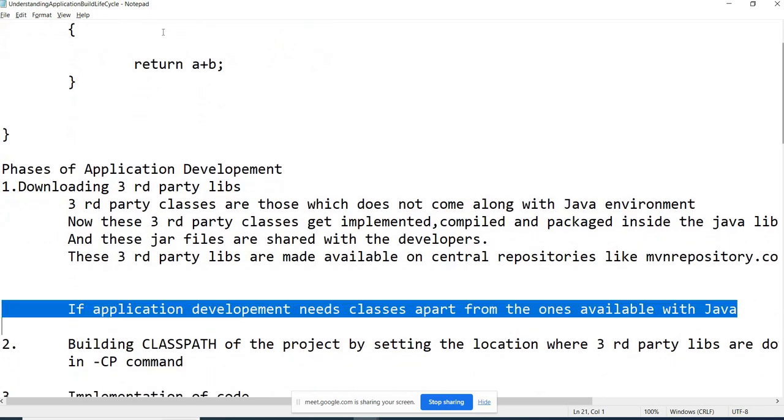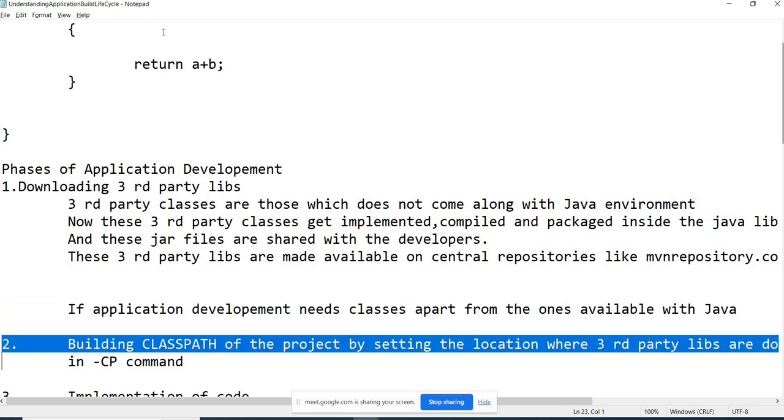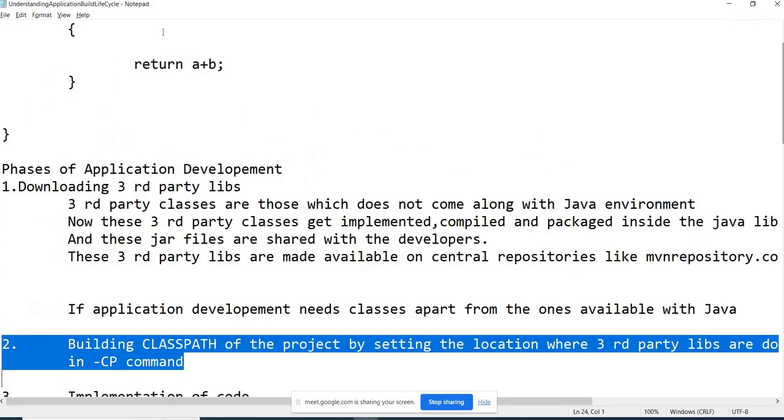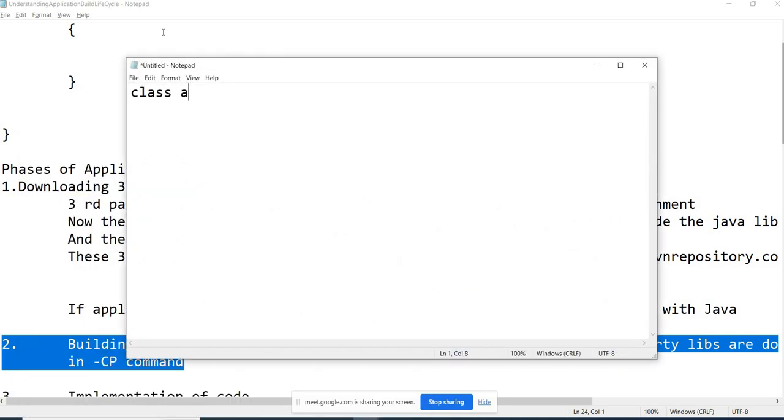Then once we get the classes which we need, the next part is we need to put those jar files into the class path of our project. Now let's understand what is class path. This is going to be very important. Class path is relevant when you are compiling any application. Let's say I am compiling this class ABC, my application class. Now if I am using any third-party class, like Calculator for example,